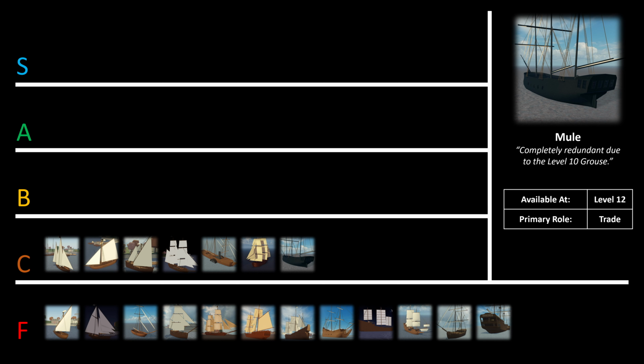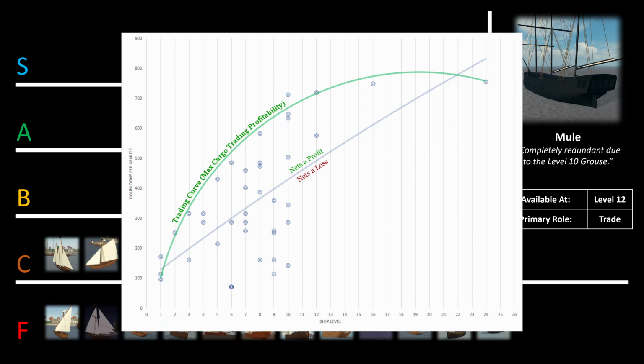Well, unfortunately, a comparison has to consider the reality that the ship exists in, and to that end, it has a major issue to contend with, and that issue is the Grouse. When you consider that the Grouse is available at level 10, 2 levels before the Mule, it's also cheaper than the Mule, and has virtually the same trading velocity as the Mule, it makes very little sense to build this